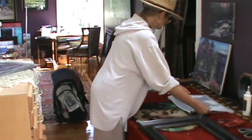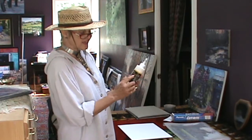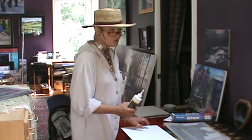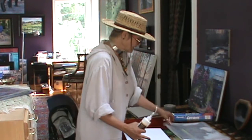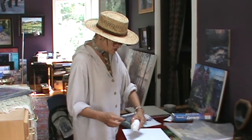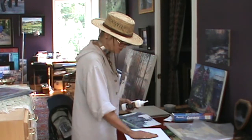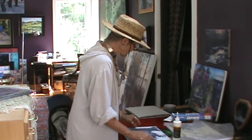Okay. And then, when you get home, you have this neutral pH adhesive from the company Lineco in order to apply the canvas to another piece of foam core, the one that's going to be permanently adhered to. And what you do is you spread this evenly all over the surface of this foam core. Spread it very evenly with a spatula so that there's no spots where it's not. Lay your painting on top